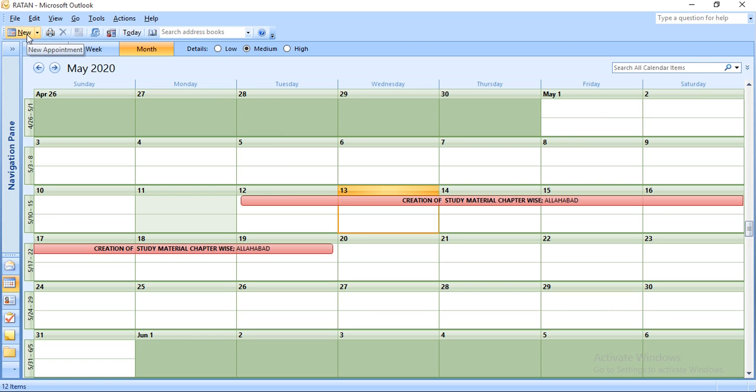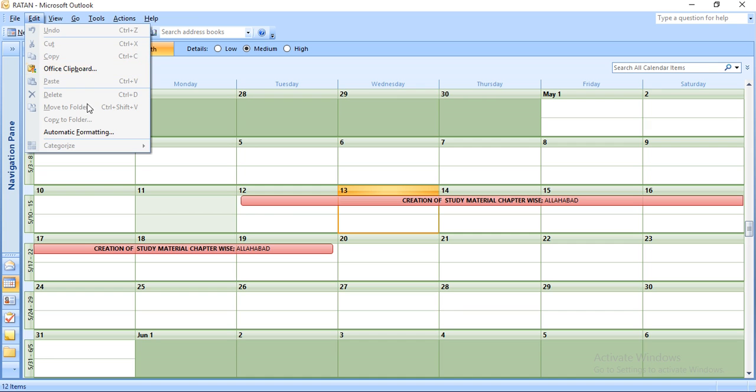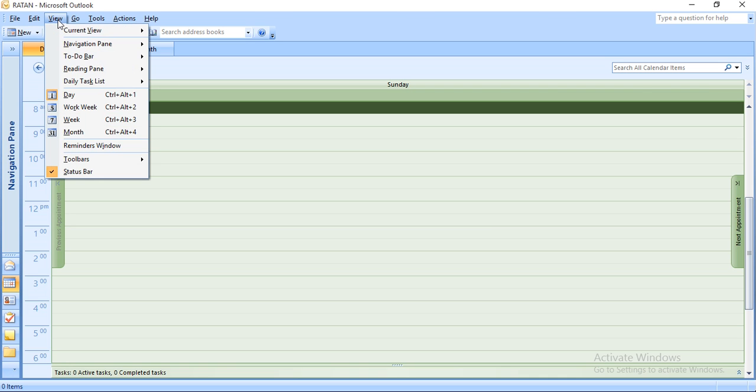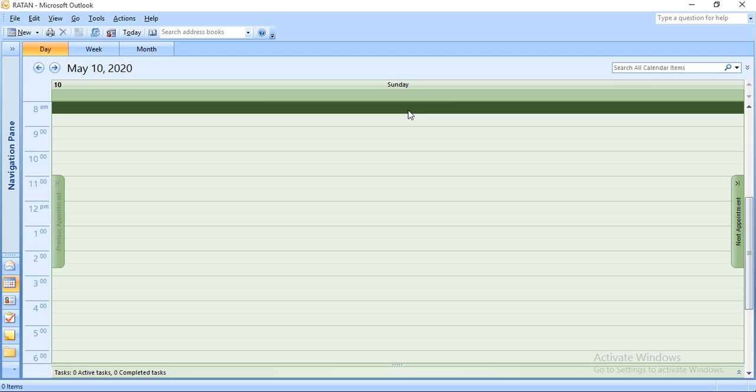Here new means new appointment. Here edit, if you want to edit it, then edit the calendar. View the calendar, day calendar.